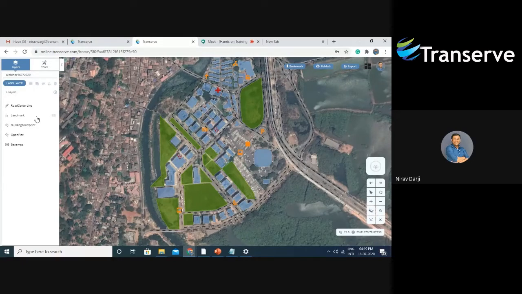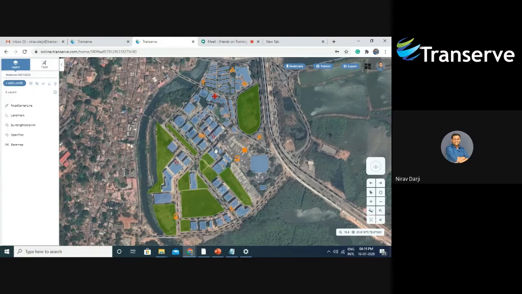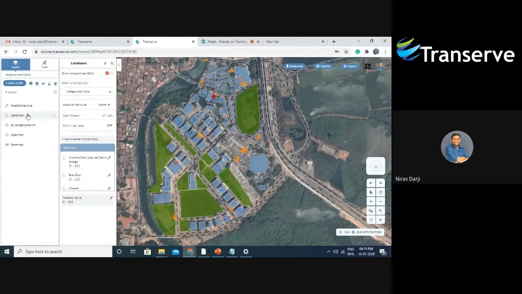Building footprints are in blue, open plots in green, and we have given them a style as per the type of layer. In points specifically, under categorized style, you can give them different icons.